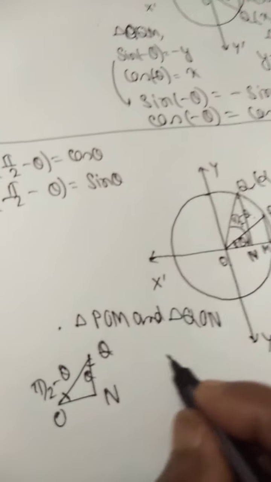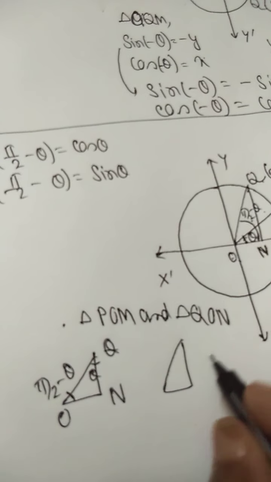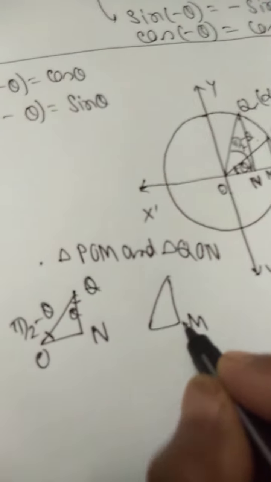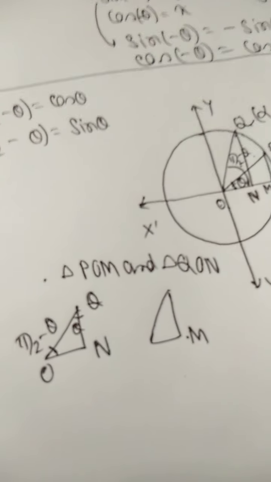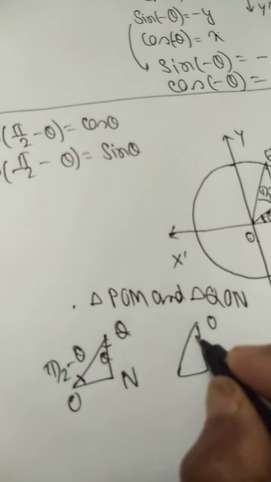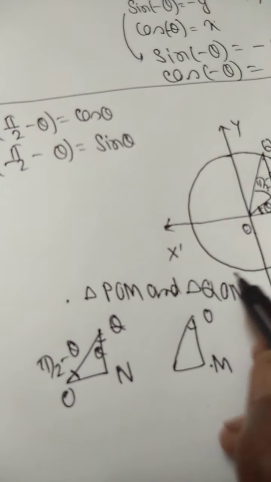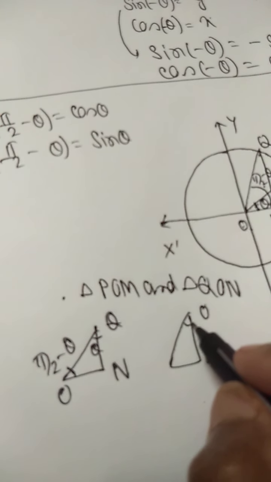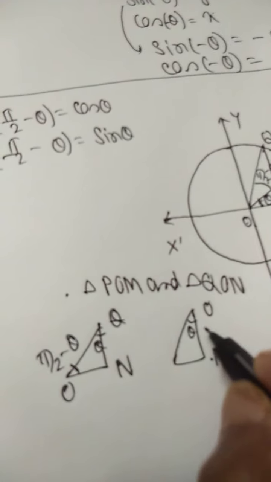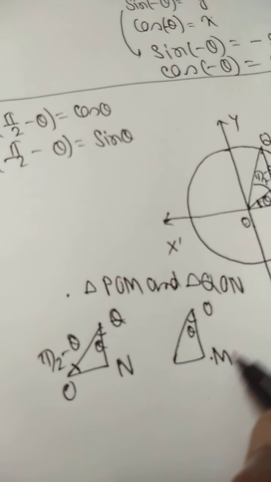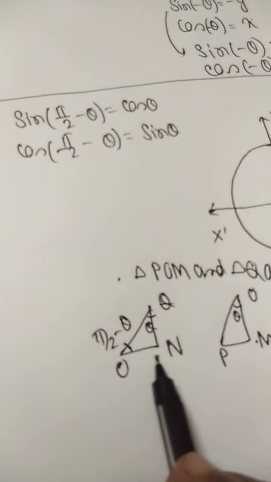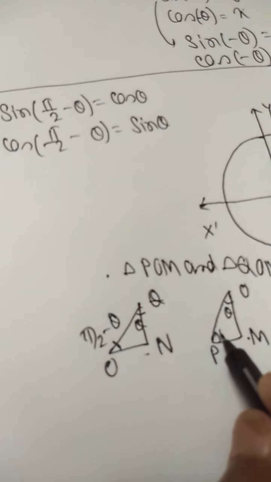If we draw the triangle POM, M is 90 degrees. So in place of M, our angle in this triangle should be 90 degrees. And here, suppose this is one. Let O be the position of this vertex, with the coordinate of O. Angle POM is nothing but theta. So from these two triangles, this is pi by 2 minus theta.